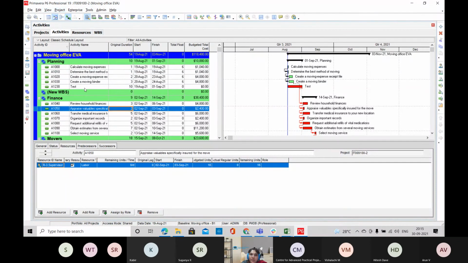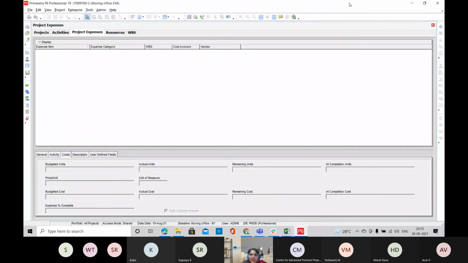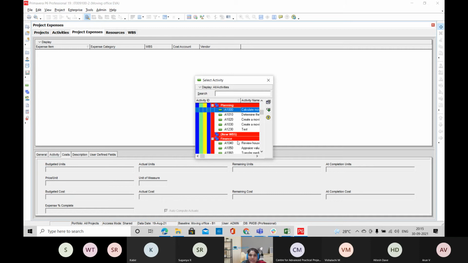So in Primavera, we have two types of data. One is project data and the other is enterprise data. First we'll see about the project data. In project data, along with the activities and WBS, you have expenses. Expenses are extra cost or add-on cost to your projects. If you want to assign any expenses to your particular activity,